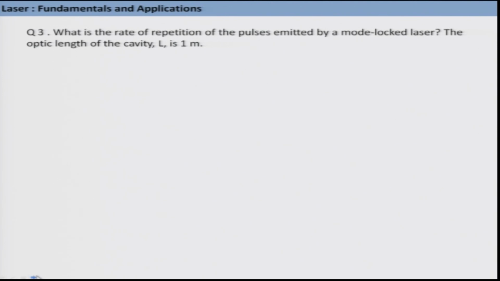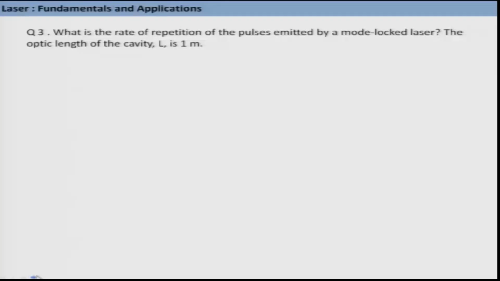Now, we haven't talked about different types of lasers in terms of their pulsing techniques. So, right now do not worry about this term mode locked, we will be talking about it in the following class itself. Just take it like it is a type of laser,